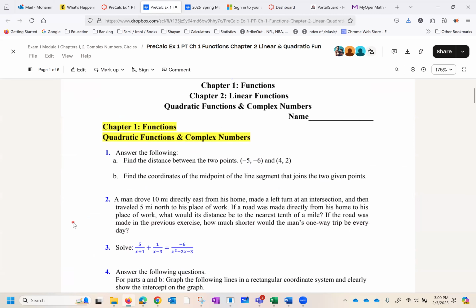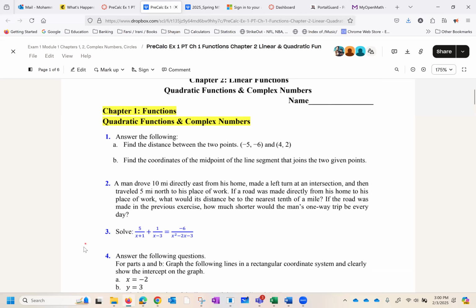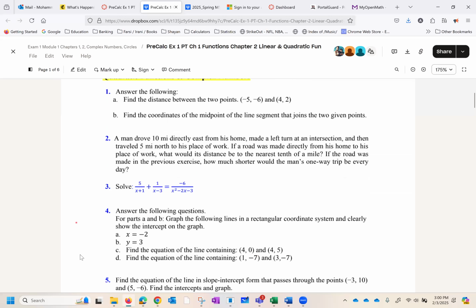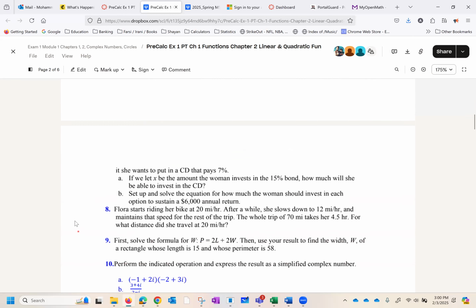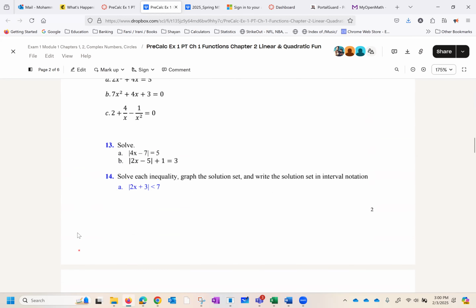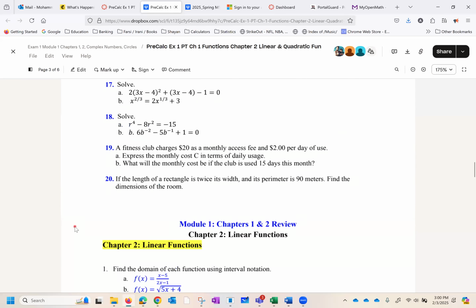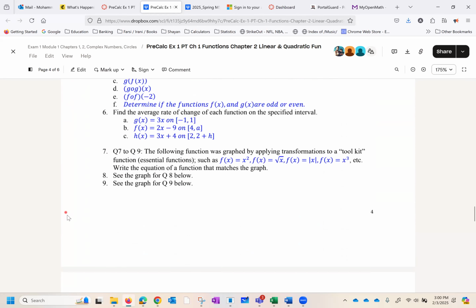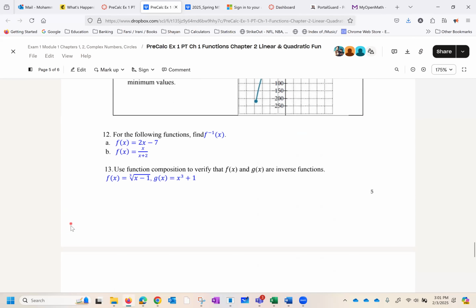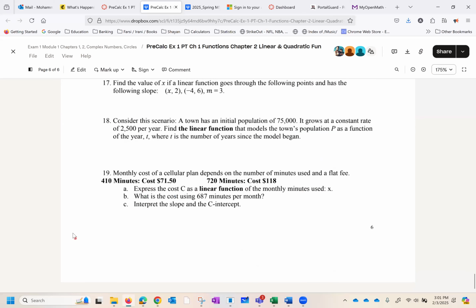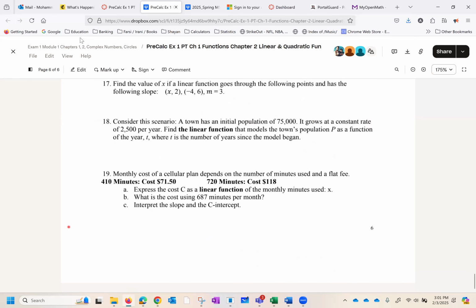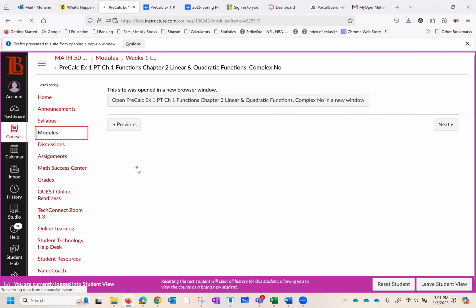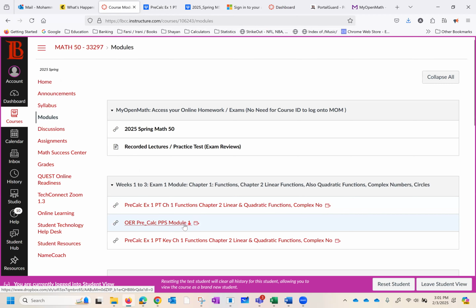So why did I put it as the first thing? I would highly recommend you look at it and take about 5 to 10 minutes to read these questions, just so you can see what is coming your way for the first module, what is being covered. So we have the synopsis of the first module, the first exam, the synopsis of that. You can even print that.